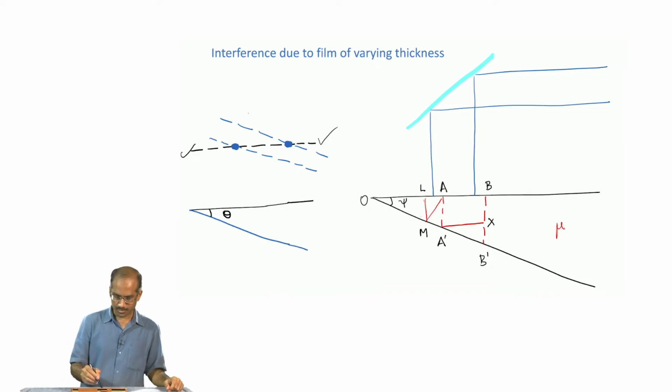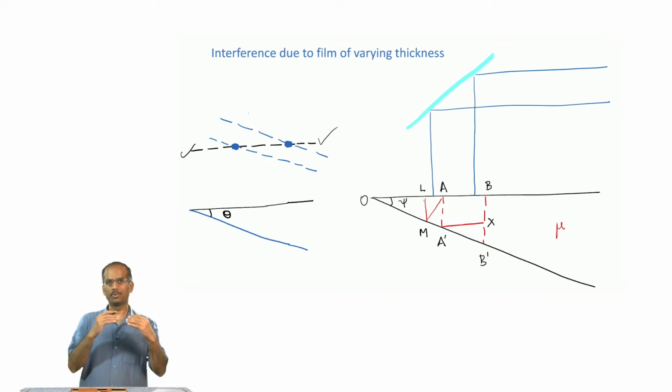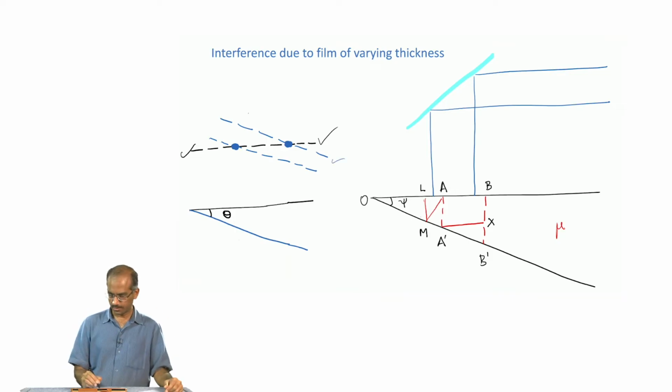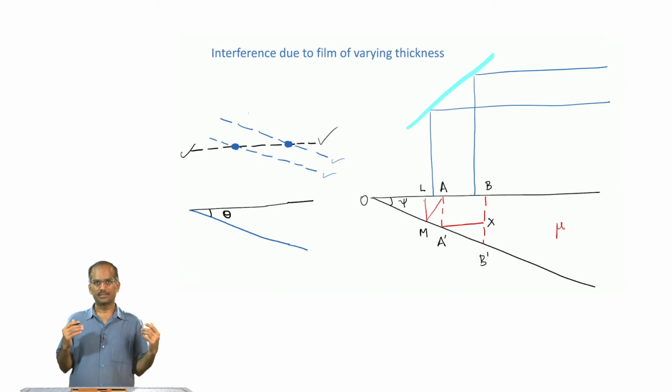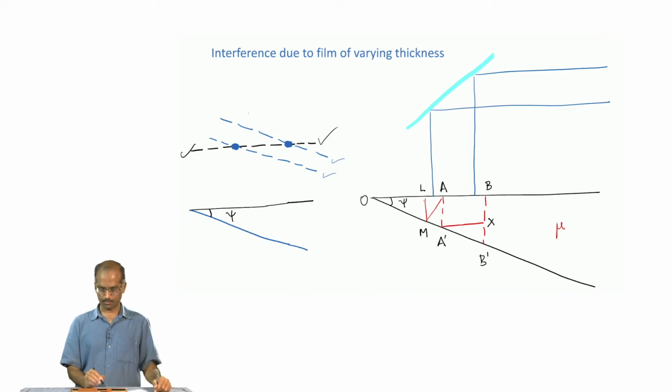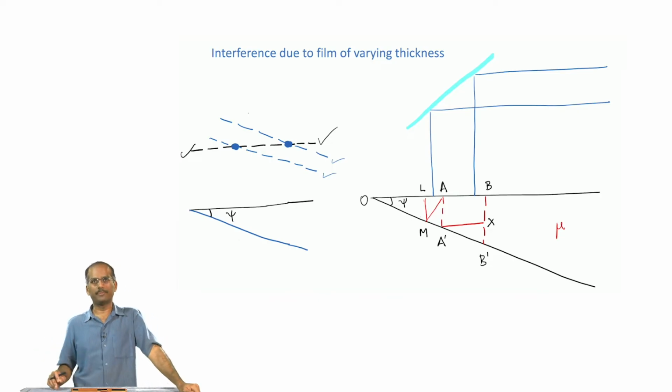And then I have these blue dashed lines that you will see here. That is the wavefront that has got reflected from the slanted surface. This maintains an angle psi with respect to the top surface, and there are some points where they meet one another. Those points are marked in dark circles here, just 2 of those points. Those would be the points where you can expect to have either bright or dark